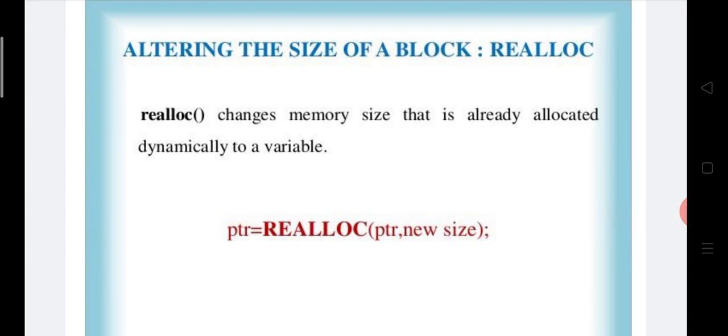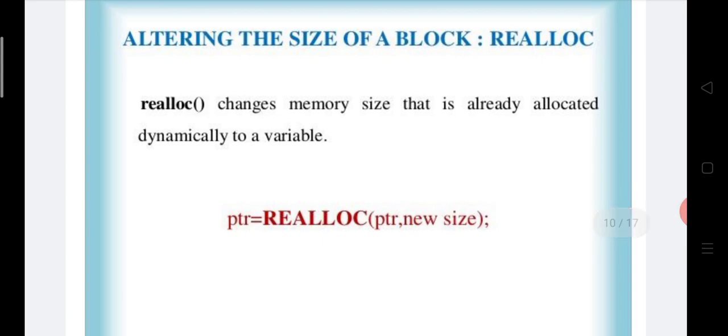The next one is altering the size of a block, which is realloc. Realloc changes the memory size that is already allocated dynamically to a variable. Now the syntax: ptr, a pointer, is equal to realloc, ptr comma new size.